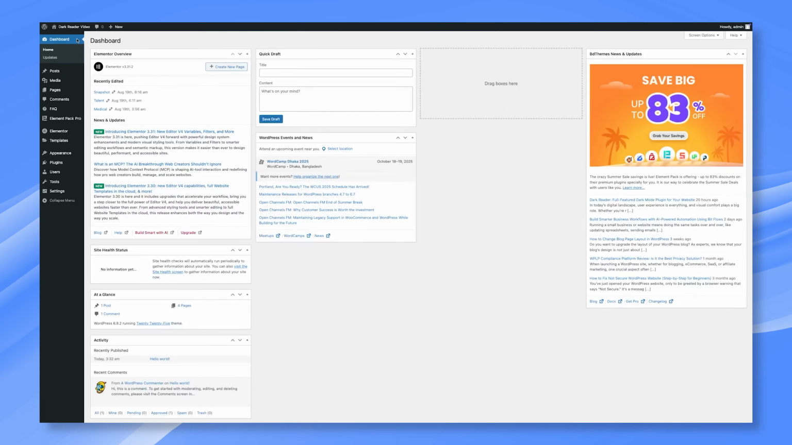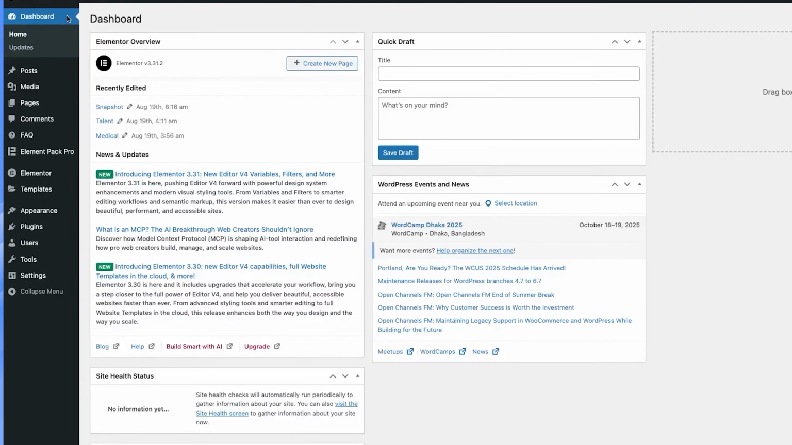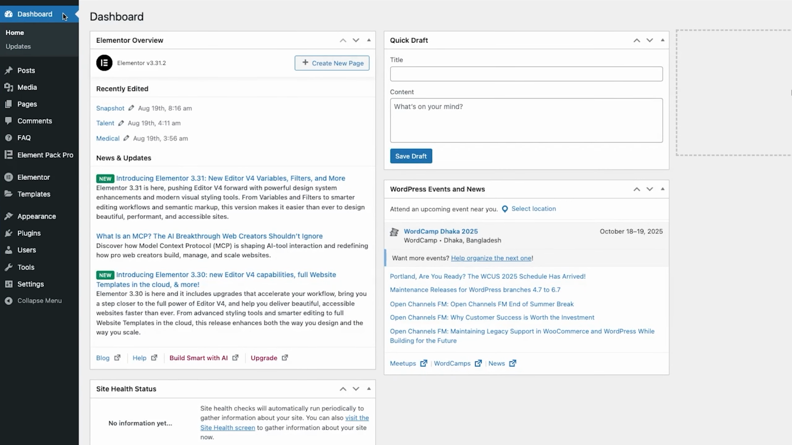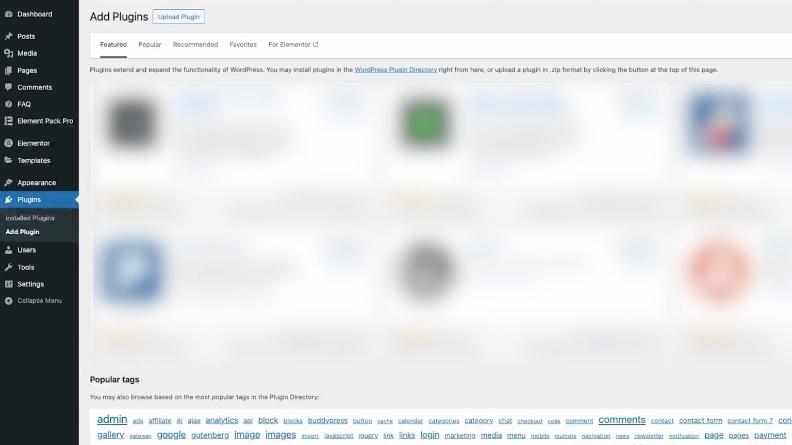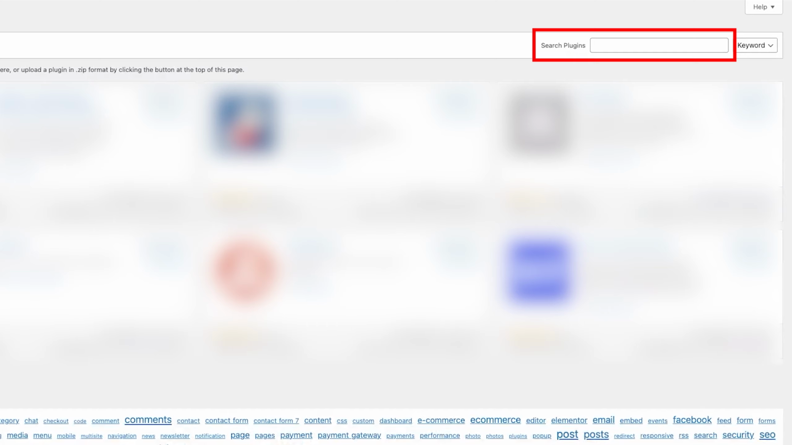To begin using Dark Reader, head over to your WordPress dashboard. On the left-hand sidebar, locate the Plugins menu, then hover over it and select Add Plugin. If you are installing directly from the WordPress repository, you'll see a search bar in the upper right corner of the screen. Simply type in the name of the plugin, and it will appear in the results, ready to be